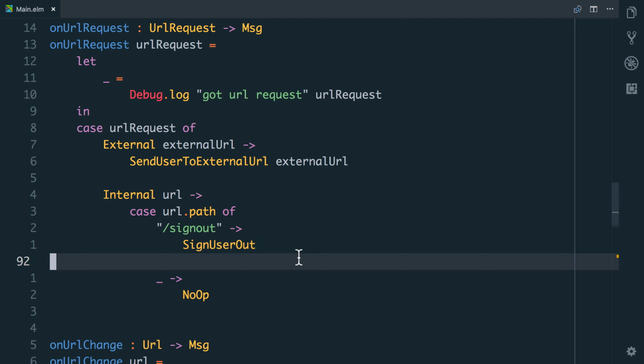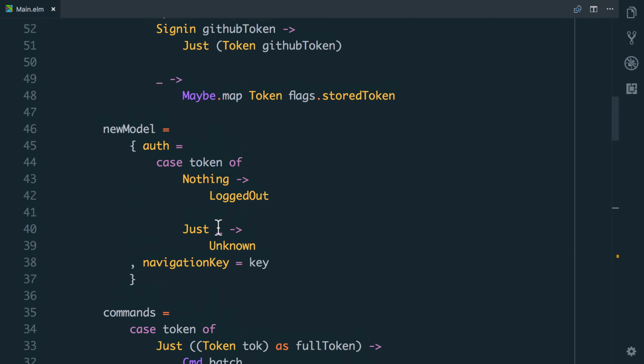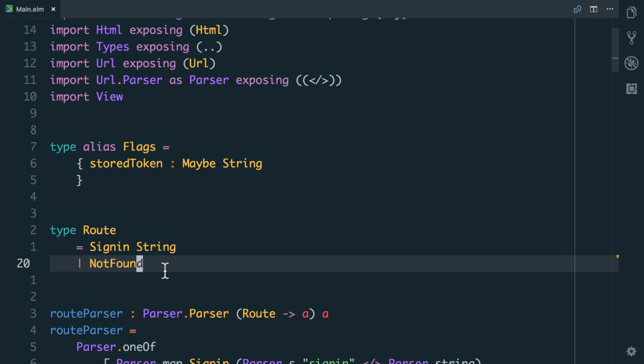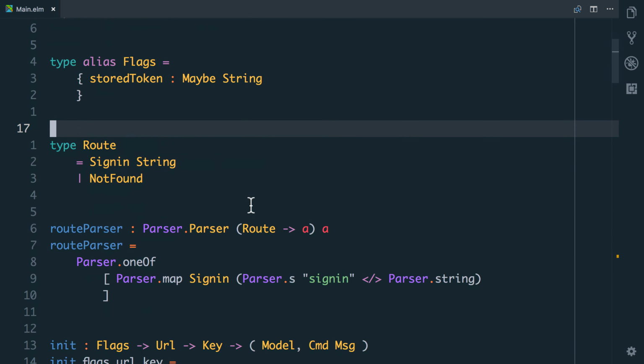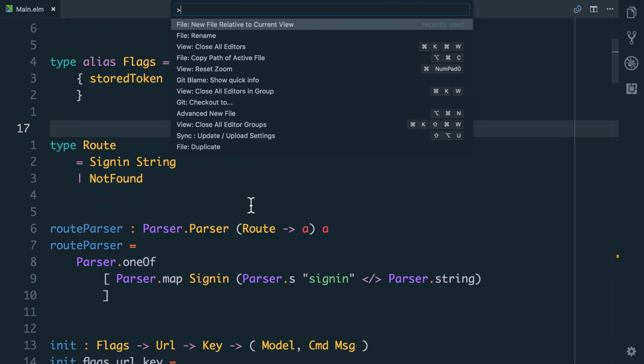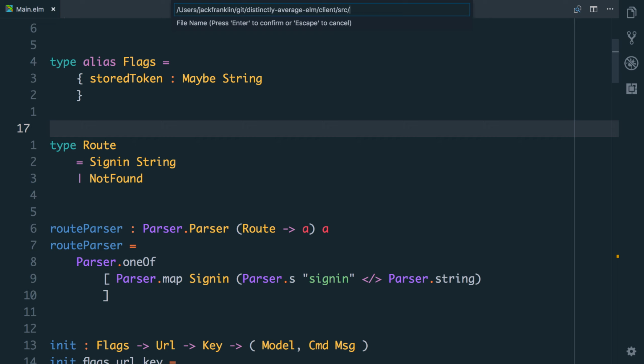Something that didn't feel quite right to me when I revisited this code was that we're using an actual string to represent the URL here, /sign out. But in an earlier video, we'd created an idea of a route type that was either a sign in or a not found. So really, we should be treating the sign out as if it's a route and modeling it as a type. So I'm going to create a new file relative to the current view, and we'll call it